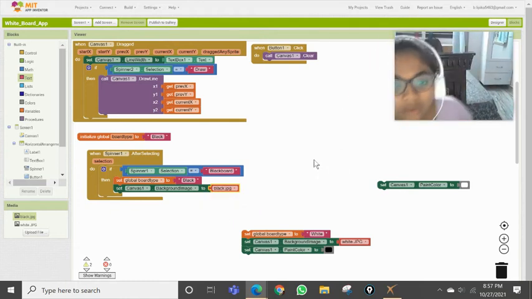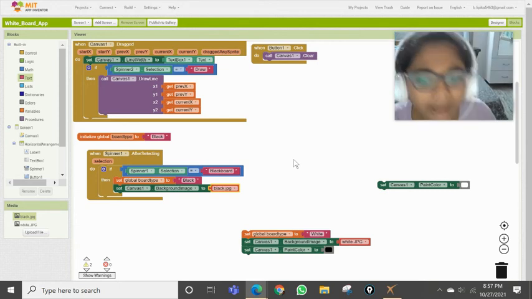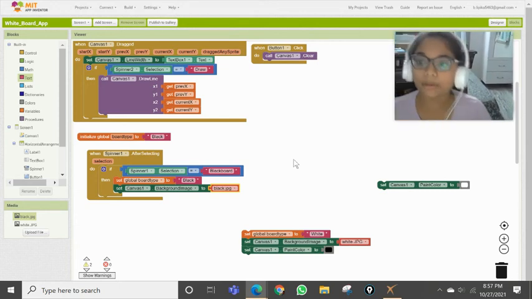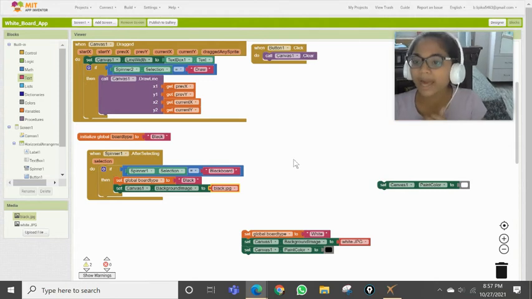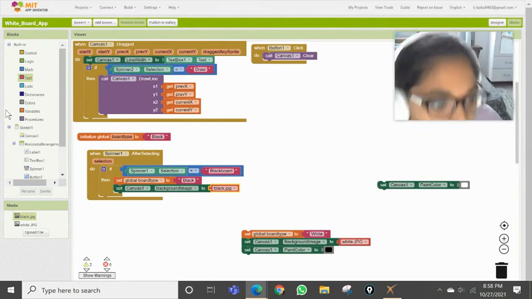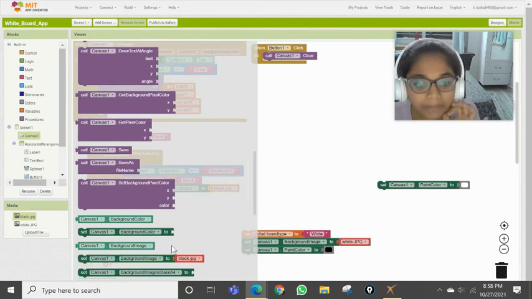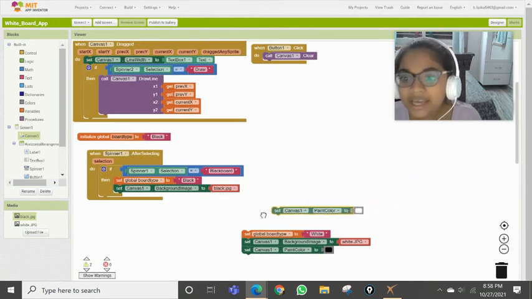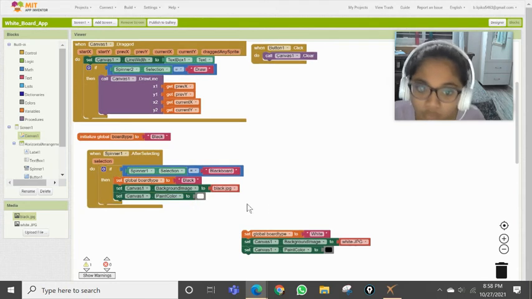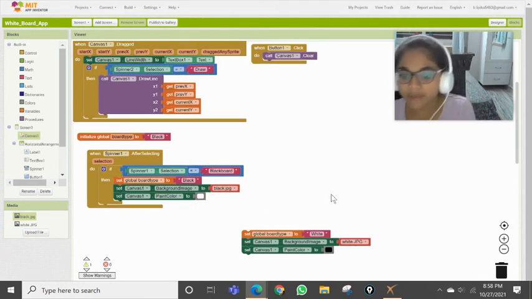Now here we have set the canvas background image, but you have to tell me a combination now. For blackboard, will black color be fine? If you draw anything on the blackboard, the default pen color will be black only. Will you be able to see anything? No, right? So go to canvas 1, then take set canvas paint color. I repeat, set canvas paint color to white, because for blackboard we have to take white